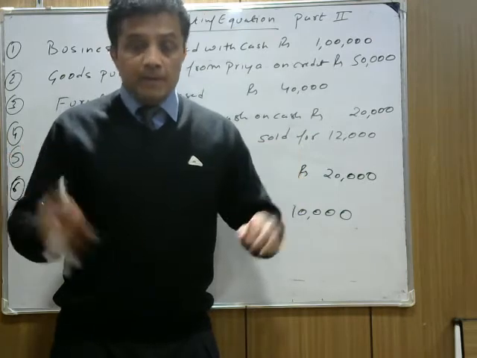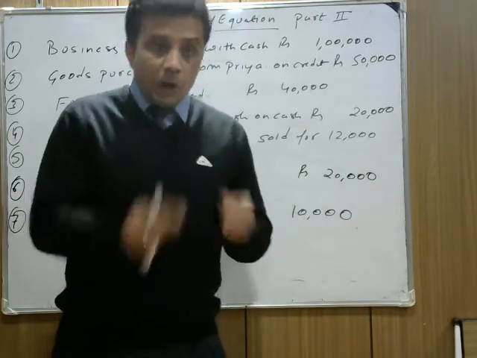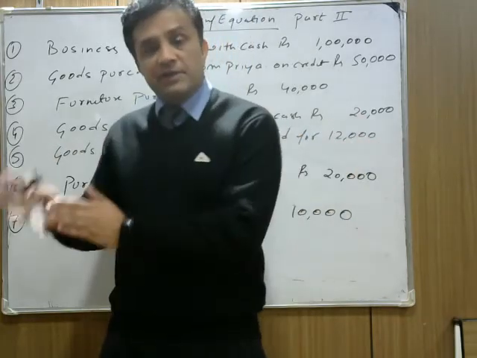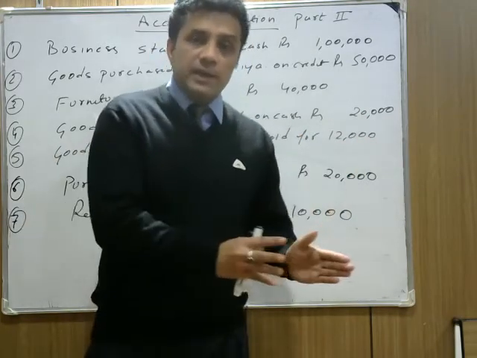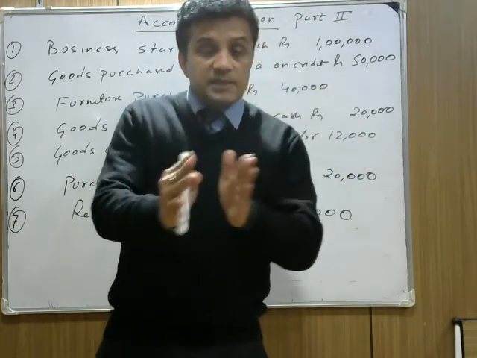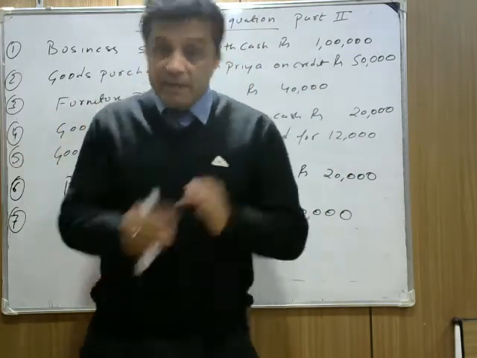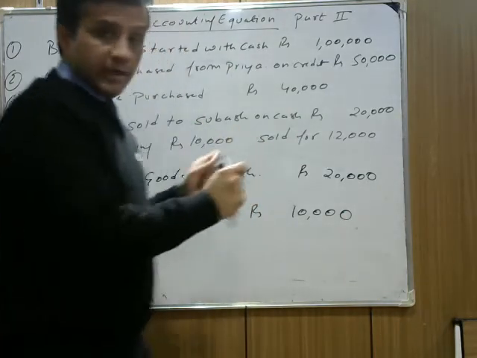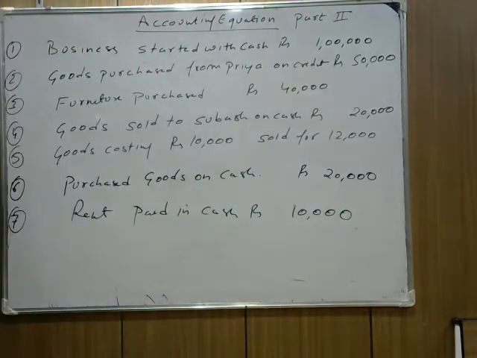I hope it's clear. Now how are you going to solve it? How do you prepare the accounting equation? I'm not going to balance after each and every transaction. We balance at the last only, but you need to understand how asset is equal to liability plus capital in each and every transaction. This is the more important part. Now note down the question carefully. Take a snapshot of this and then we move further to solve it.